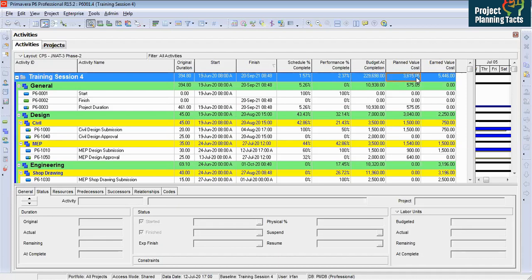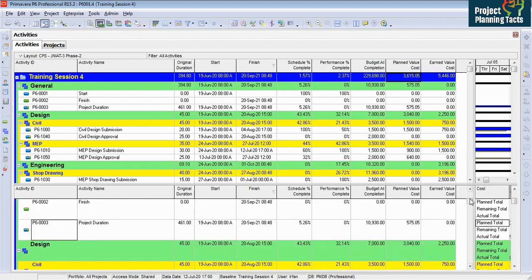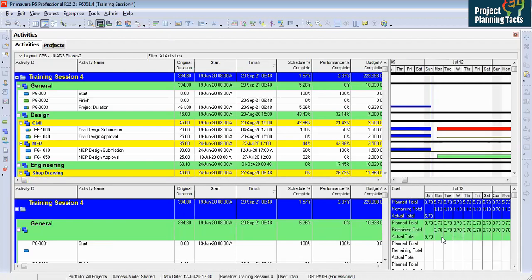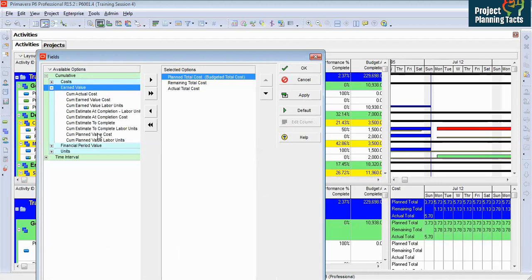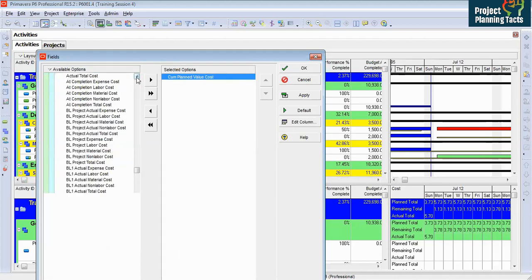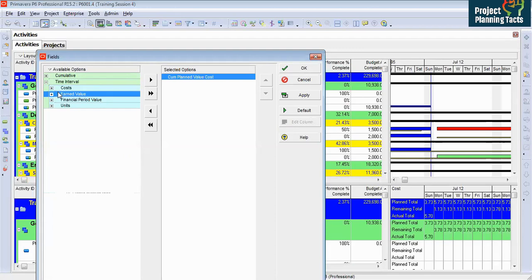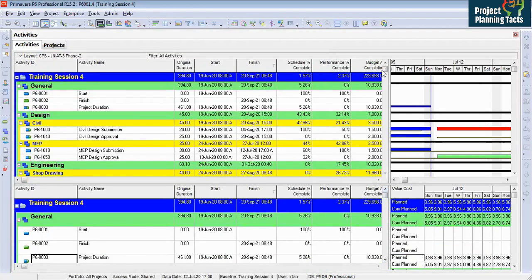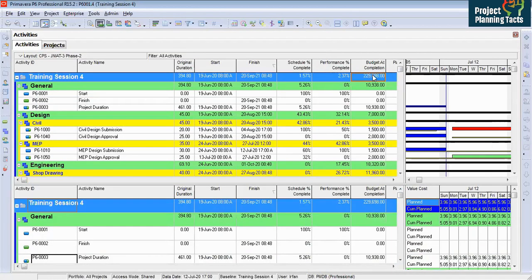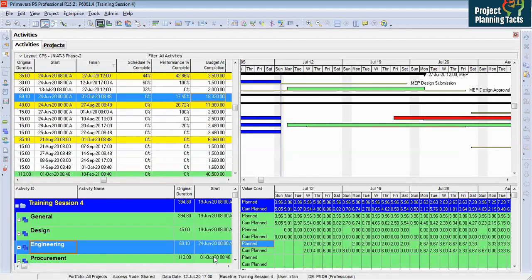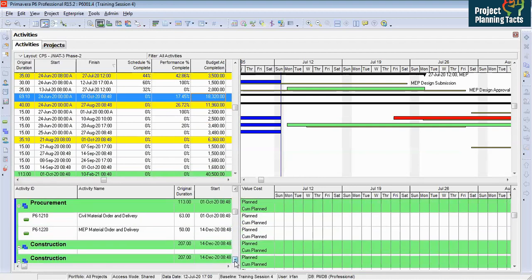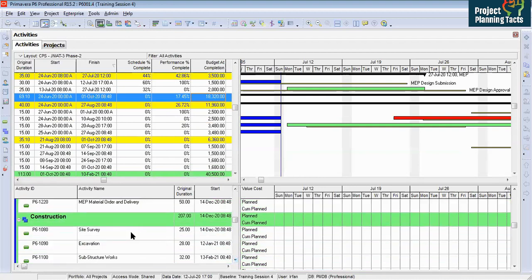Now, how are we getting the planned value? We are getting the planned value as I have shown you last time in the last session. Here under the spreadsheet, under the earned value, we have cumulative planned value, and then under the interval, we have planned value interval. These activities all have budget at completion. If you see all the activities except the milestone, let me take some activity from construction which has not started yet. Let's say civil.